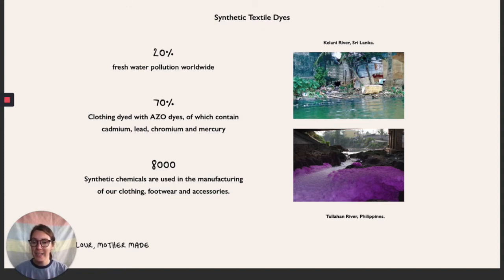And then, like I mentioned, these synthetic dyes, some of the fabrics are dyed using azo dyes, which contain really heavy metals and chemicals like cadmium, lead, chromium, and mercury. And 60 to 70% of our clothing is still dyed using these dyes. And they're dangerous for the people who are working and making the clothing, and also the people wearing them. And then 8,000 synthetic chemicals are used within the manufacturing process of our clothing, footwear, and accessories, which is really